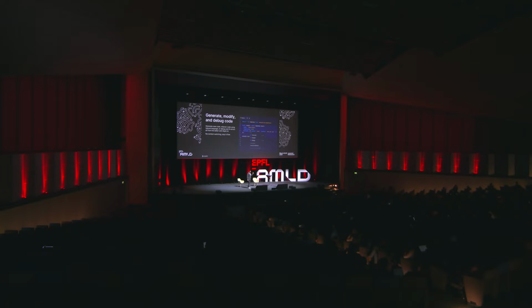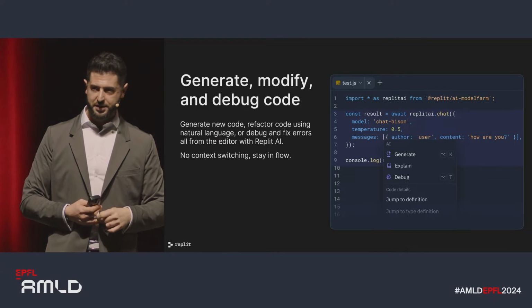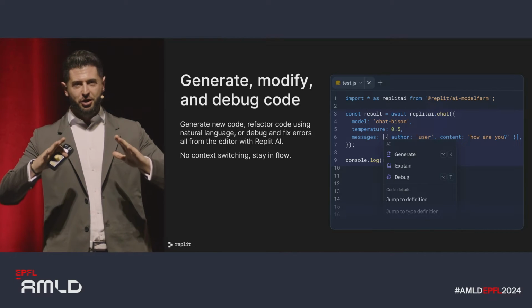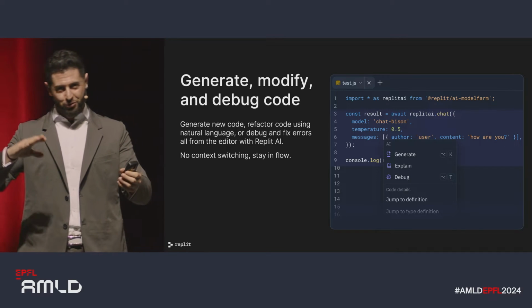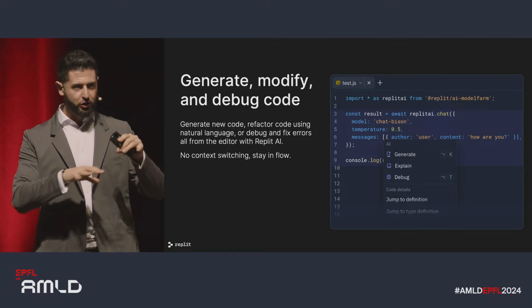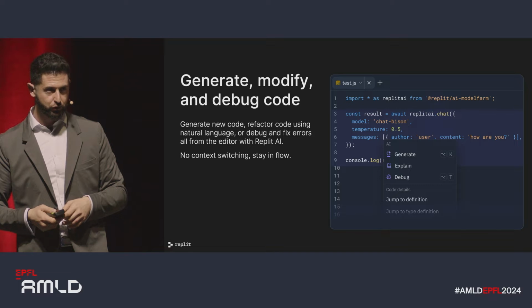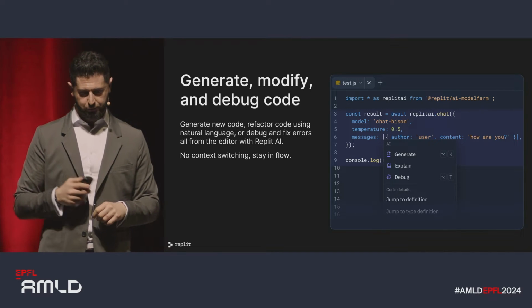Some other features, as you remember, we have these inline actions from the initial screenshots. There is a variety of them. You can generate code, you can modify it on the fly, you can debug, you can explain, et cetera. The reason why we built this kind of UI is because our main goal is to allow developers to stay in the flow. You don't stay in the flow when you jump to another chat panel and ask exactly what you want to do. You are in your editor, and you trigger the AI to do some modifications straight into the code. So we have a set of features that you will find on your contextual menu.